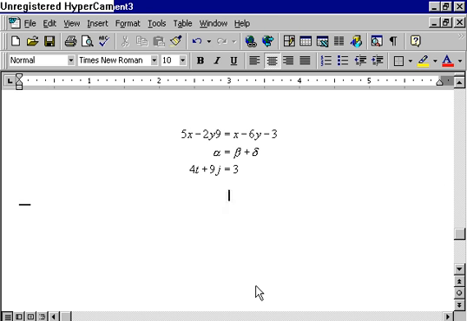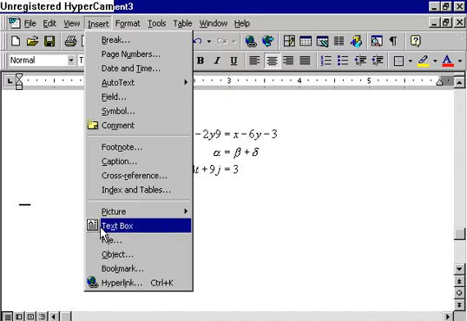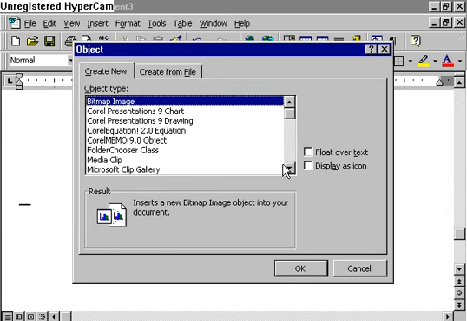It is possible to create a stack of equations, like the one you see on the screen, and to have this stack of equations aligned at a particular character, frequently an equal sign, but not necessarily so. To create this stack of equations, we do an Insert Object,